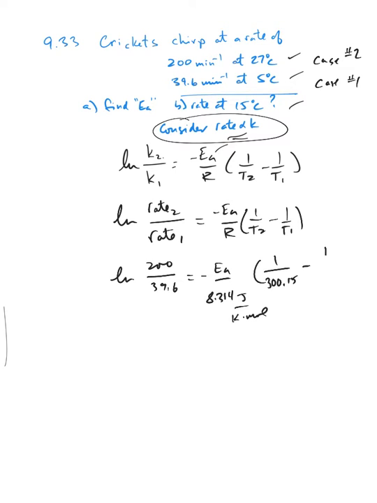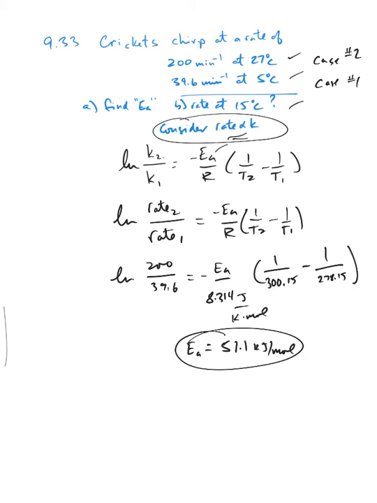And I'm going to subtract 1 over 278.15. Put that in my magic calculator, and I get an activation energy of a pretty big number. I get 51.1 kilojoules per mole